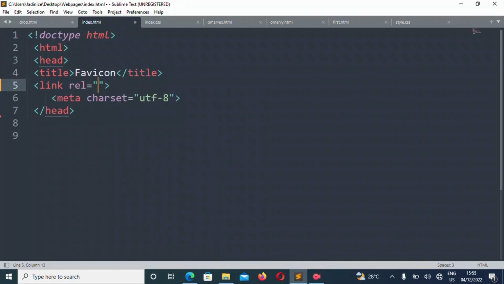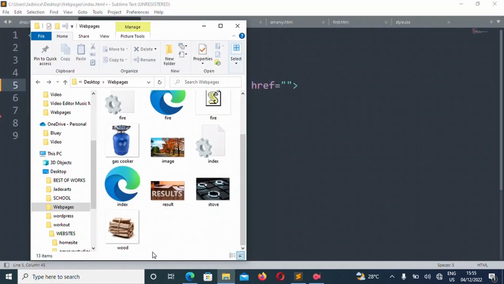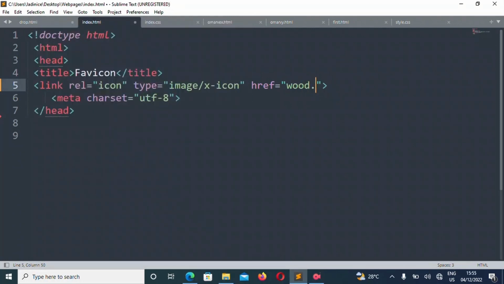The link, rel icon, the type is image slash x-icon, then the href. Like I mentioned, this href means where are you referring us to? I'm referring the code to the image that I downloaded. That is the wood. So I'm going to refer it to the wood dot.